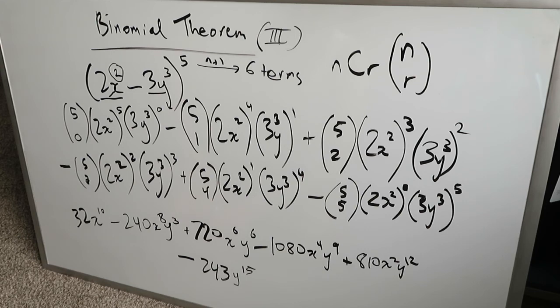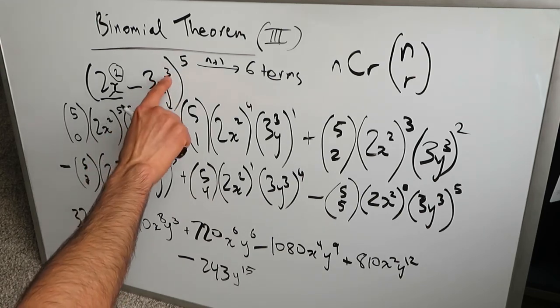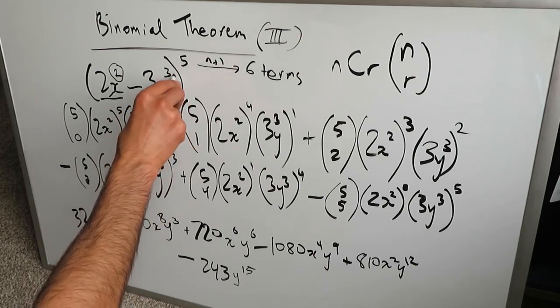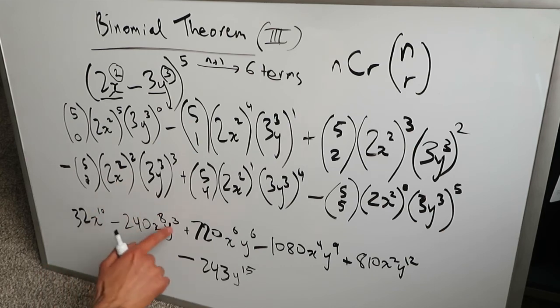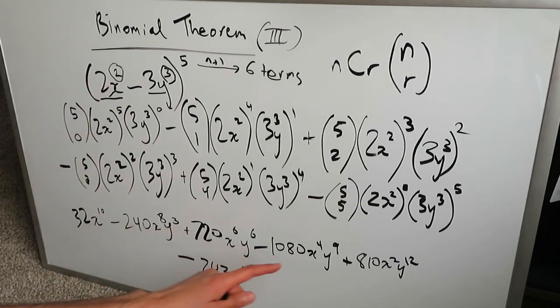Y will work its way from the exponent of 0 all the way up to 15. 3 times 5 is 15, but it'll work its way up by multiples of 3. And look at that. You're seeing here y to the power of 0, but it's going to increase by 3's. 0, 3, 6, 9, 12, up to its highest exponent of 15. So you can see here, when you have asymmetrical binomials, you lose the coefficient symmetries, but when